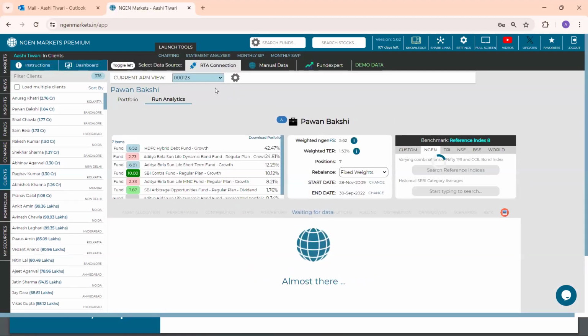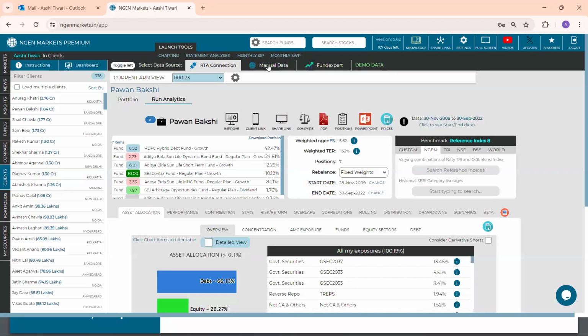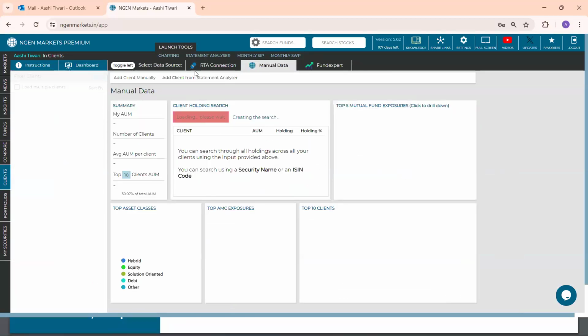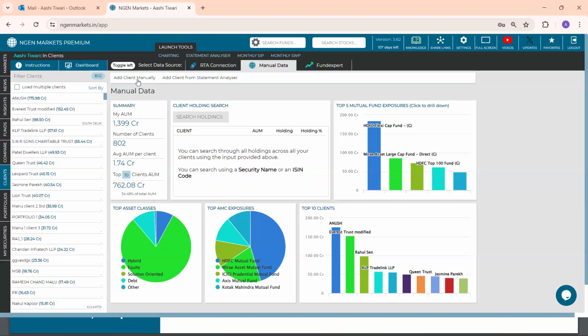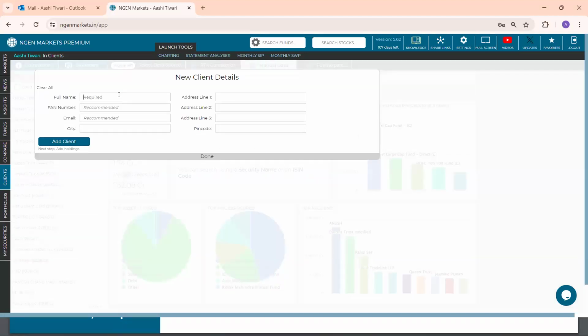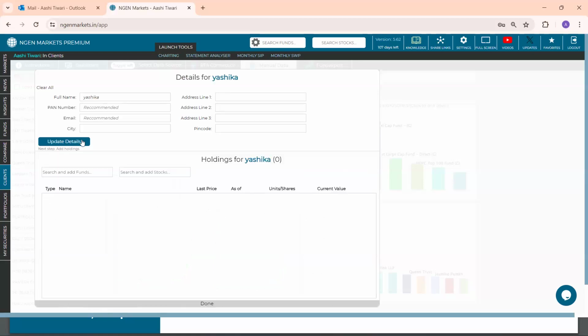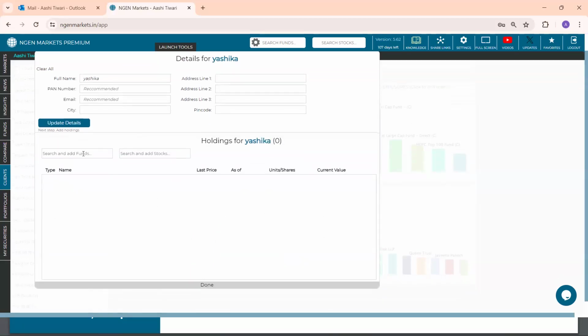The second way of onboarding the client is through manual data tab, which is right beside the RTA connection option. So once you click on manual data, all you have to do is then click on add client manually. You are required to fill in the name of the client. And once you click on add client, you can add as many funds and as many stocks as you wish to. Now, for example, let us take Bandhan